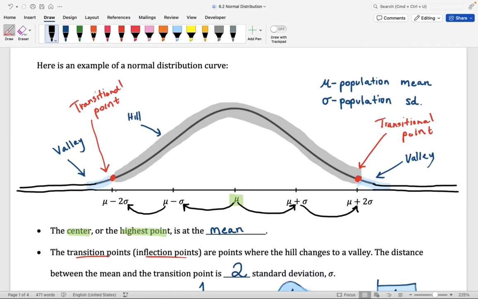Are we expecting to see values on the far left side and the far right side of the distribution? No, right? We are expecting to see values around the mean within maybe 2 standard deviations. If we see values that are more than 2 standard deviations from the mean, we call them outliers, right? We're not expecting to see values that are really, really far from the mean to the right and really, really far from the mean to the left. But we're saying it is possible, right? We're not expecting to see that, but it's possible. There's a probability of seeing that.